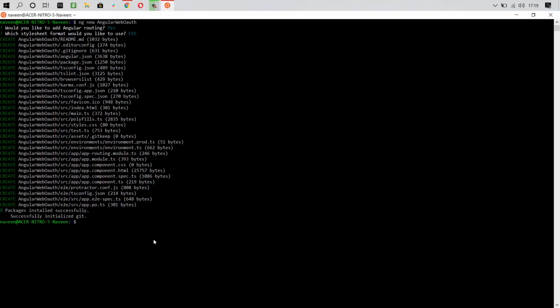Once it is done, we need to set up AngularX social login. For that, I'm navigating to our Angular application: cd Angular Web OAuth. This is our application, right? Here we are going to install AngularX social login. With the help of npm we are going to install. So npm install, I'm using the save flag, AngularX social login.